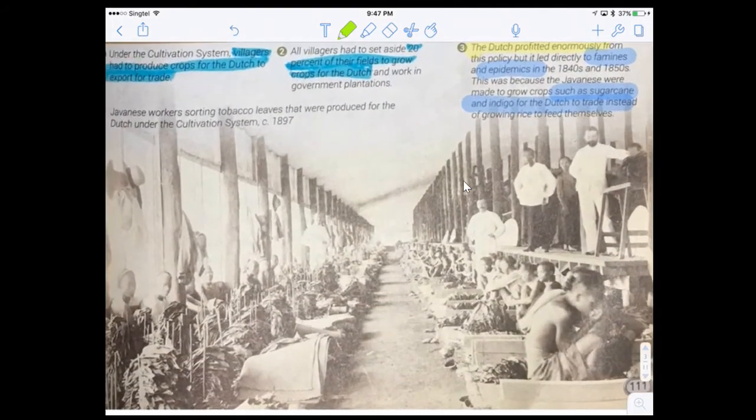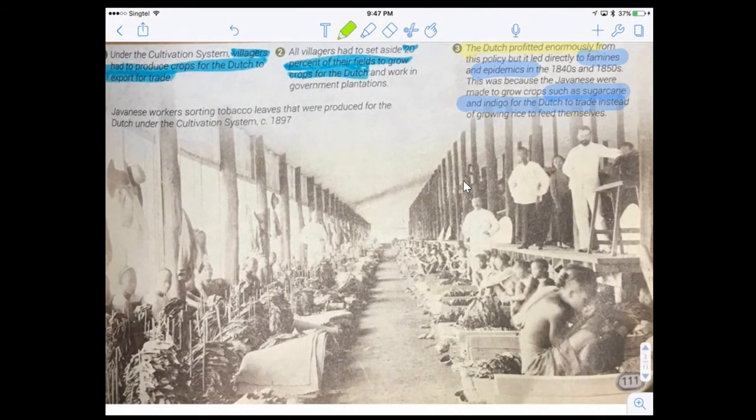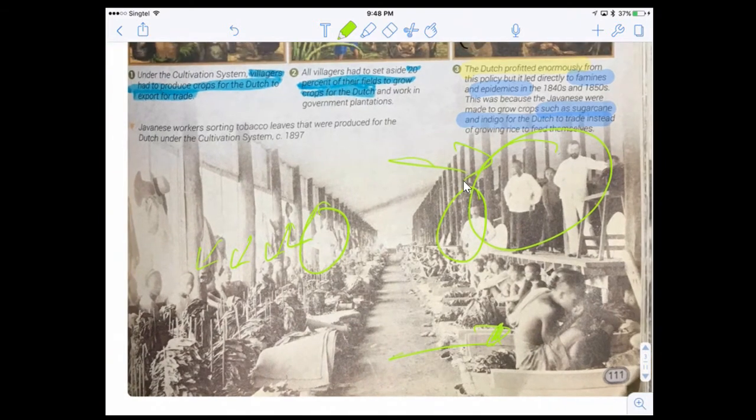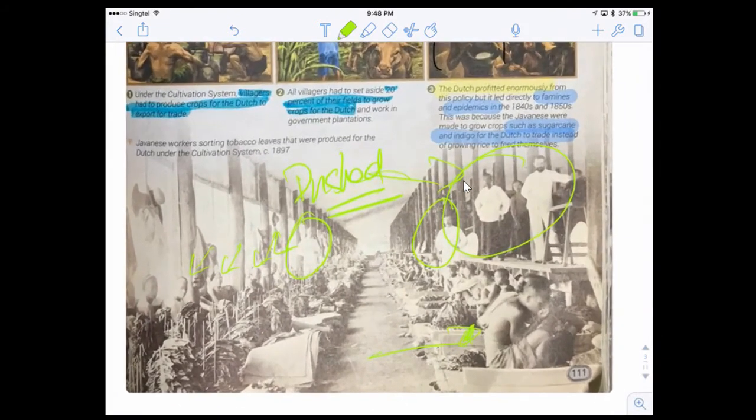This picture here, as you can see, is a very sad story. All these workers here, they look like they are a lower class. And who is the higher class people? This gentleman standing here. So how would you feel if you were one of these people, right? Working 24 hours, 12 hours, hard work, while these people, the Dutch, earn all your money. You won't be happy, correct? So that's why people were pushed out. You are pushed out, and hence they left for Singapore. So this is one of the case studies.